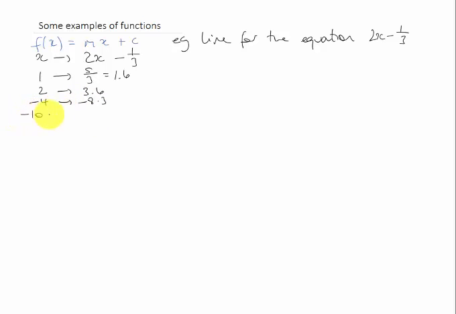And we could do any number we want. For 1,000, we'd get minus 2,000.3. Sorry, minus 1,000. So we can do all sorts. So I'm going to just plug some of those numbers in and sketch the equation. So here's